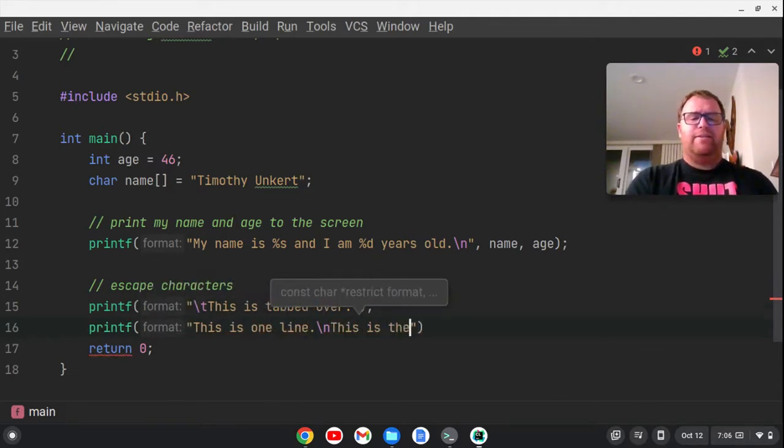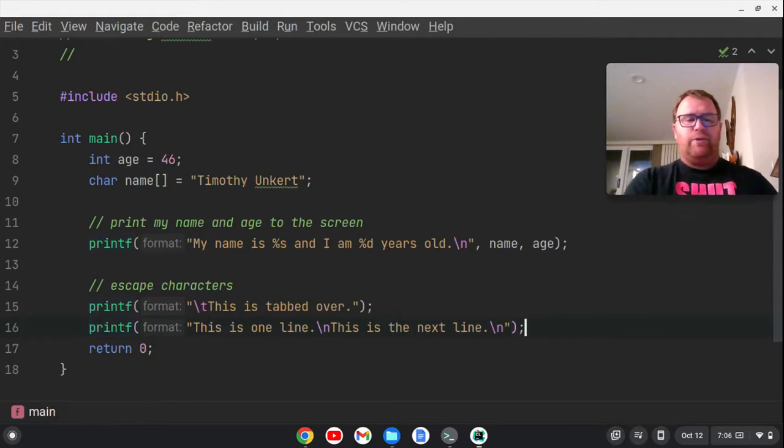This is the next line. And notice I'm not even putting any spaces in there. I'll do another \n and end this with the semicolon. Now if I do Control T,